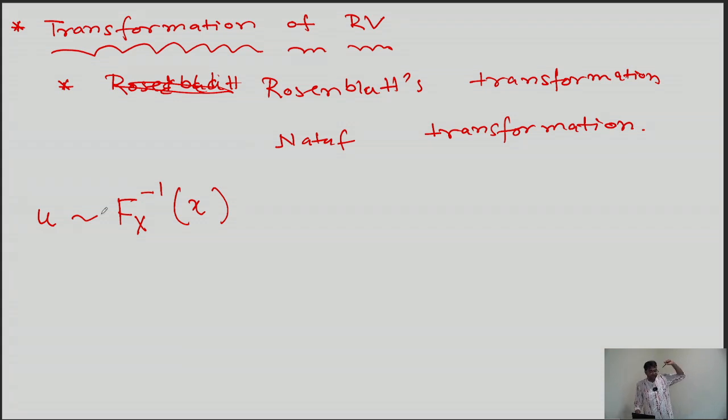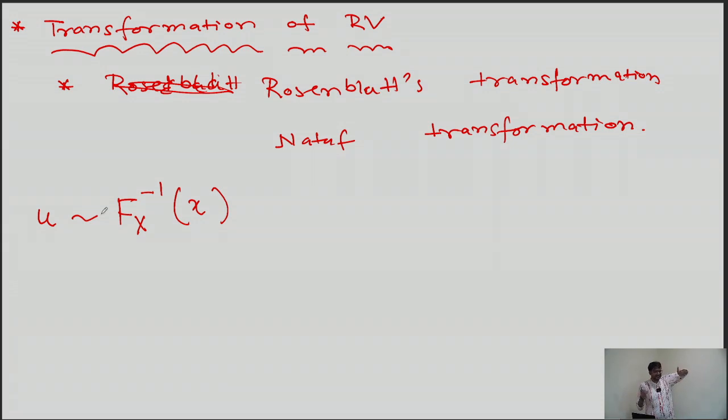But the point I want you to remember is that it is possible to transform distributions. You can take a dependent distribution to some other space, and that will become independent. You can also still keep it dependent, and all those things are possible. So transformation of distribution is possible in theory. In practice, for many cases, it is not possible. But in theory, it is possible, and we will be using it